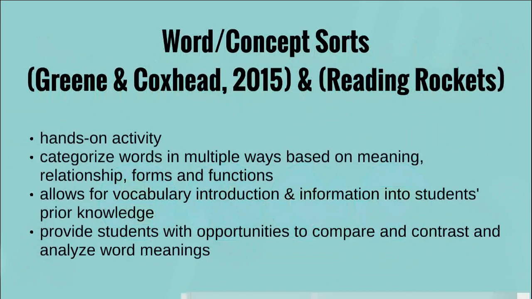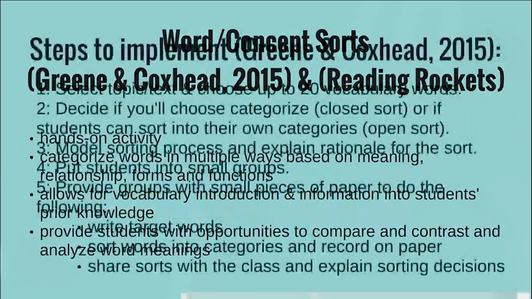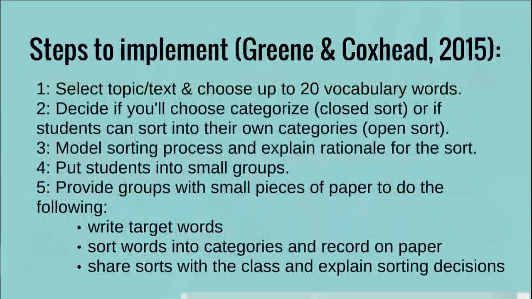overall informational text comprehension. On this next slide, I've listed the necessary steps to implement this word or concept sort strategy. Step 1. You as the teacher will choose a topic or a text, as well as up to 20 associated target vocabulary words. Step 2, you will decide what type of sort you'll use. So there's two different kinds. You can do a closed sort, where you decide on what and how many categories students will divide their words into, or an open sort, where students get to create their own categories and decide how their words will fit